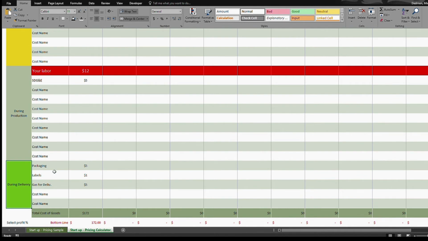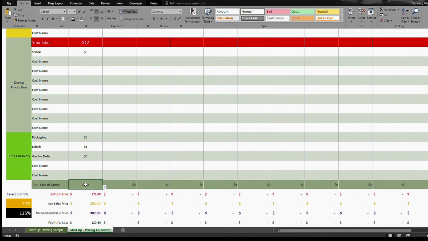So really it's just going to be the packaging. I'm able to get a nice box, because I don't want to deliver this bundle of 12 shirts in the messed up, disgusting box that they come in. I want to actually go in and either use Uline or something to purchase a nice box. And then I want some labels. I print those labels myself with my Cricut, so it costs me $1 to do that. And then for gas for delivery, I just want to reimburse myself $5.